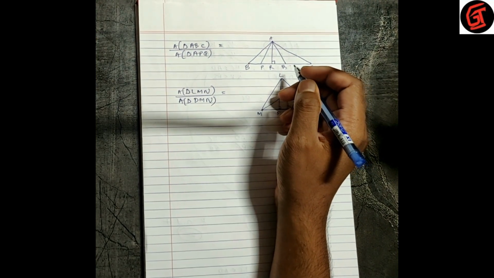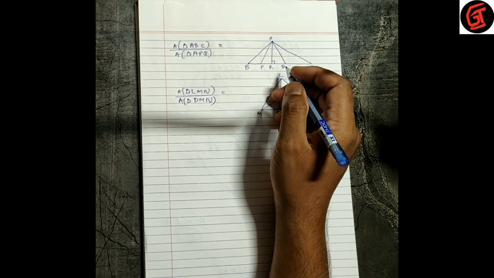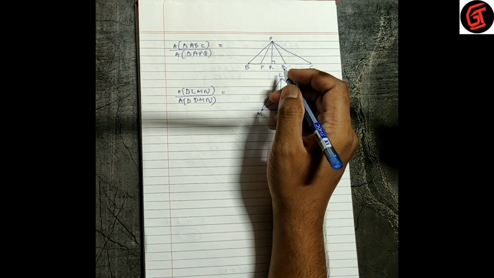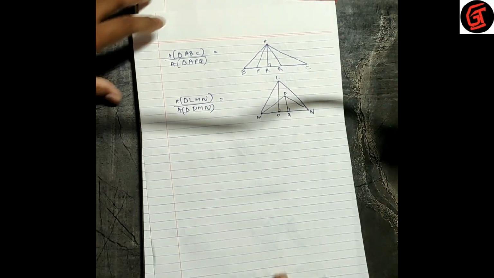If you remember, in the previous lecture we did a property called the ratio of areas of two triangles is equal to the ratio of the product of their bases and corresponding heights. You can have a look at the previous video, lecture 1, and revise that first. We continue today. I'm just going to take one example.